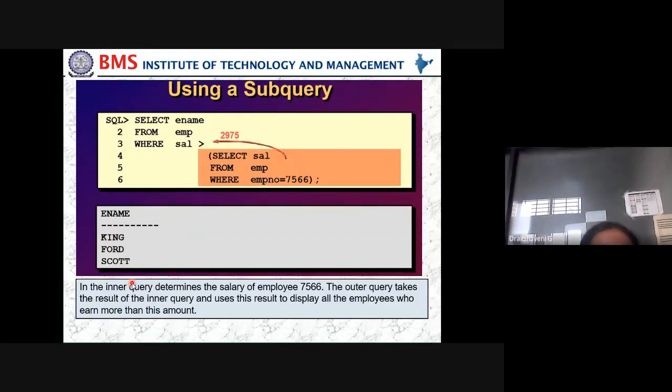The inner query determines the salary of employee 7566. The outer query takes the result of the inner query and uses this result to display all the employees who earn more than this amount. So the people who are getting more than this salary should be displayed. That's what you are using a subquery for.